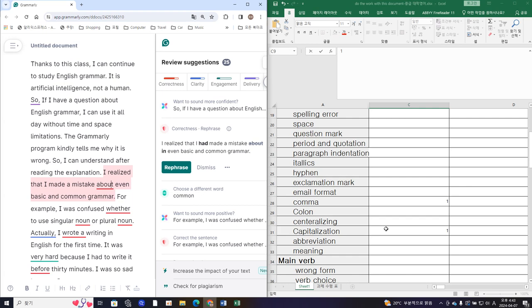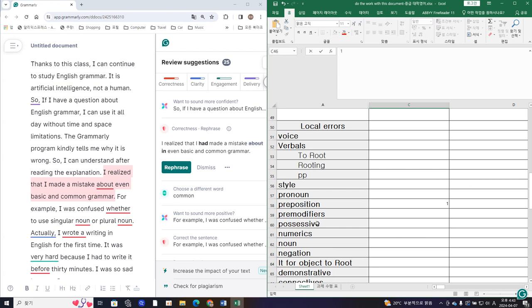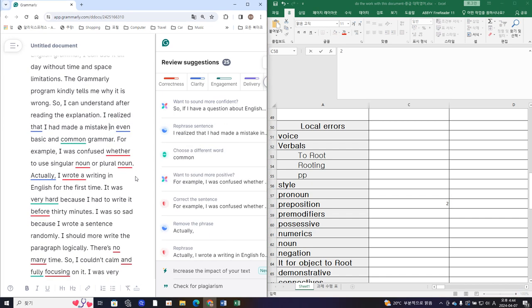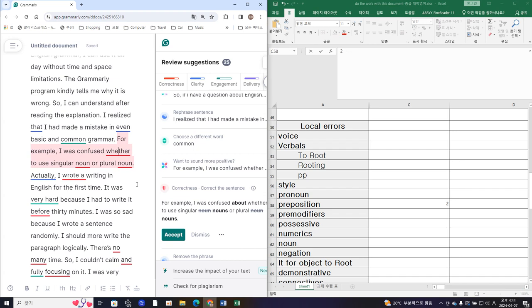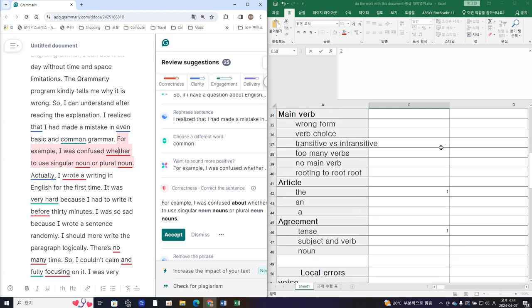Okay, agreement in tense agreement one, preposition problem, preposition right here number two. Okay, preposition, and I would rephrase here, and if I click on that, it talks about, for example, I was confused about. So it's transitive versus intransitive problem here. One,